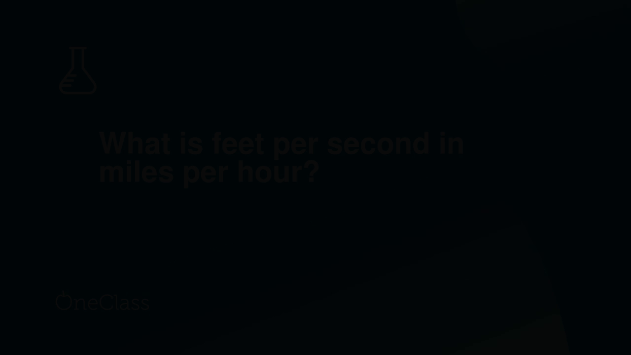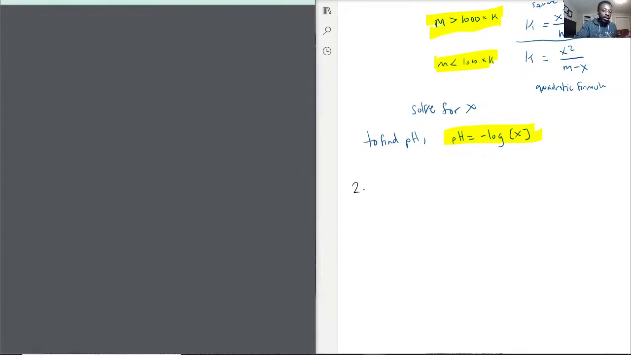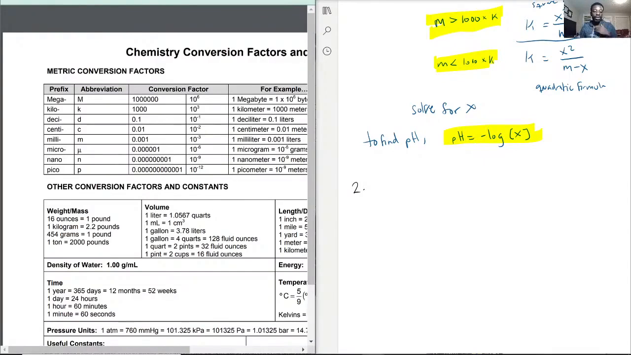So, what is feet per second in miles per hour? Once again, we can now refer back to our handy conversion chart. So, feet per second, but now we want